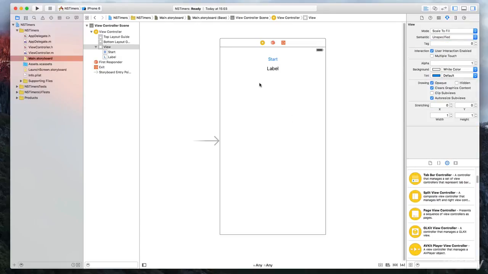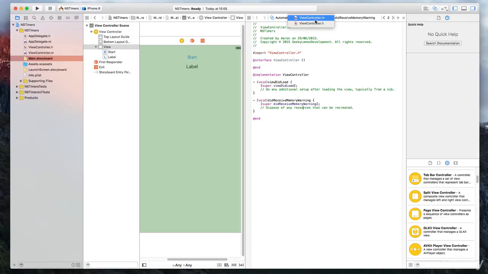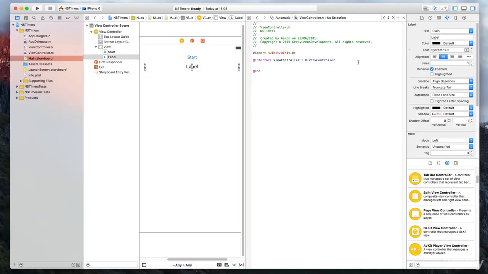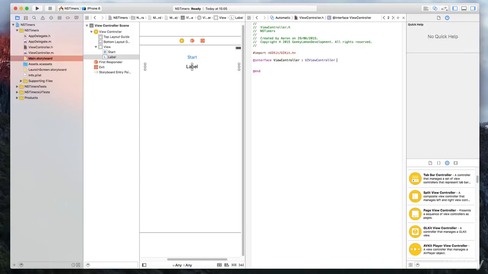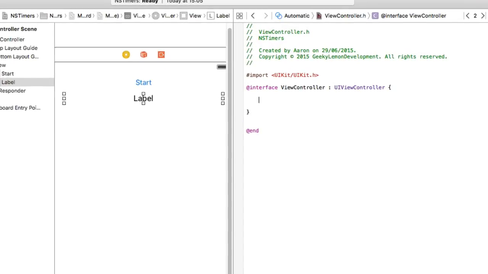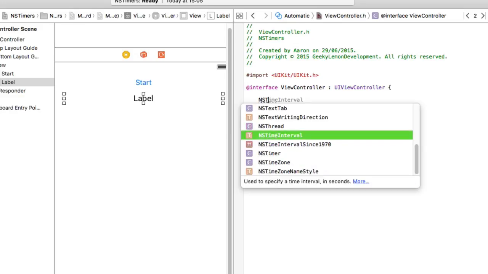Before we jump into creating actions and outlets, we're going to jump into our viewcontroller.h. We can bring it up with the assistant editor, so make sure we've selected it. Before we add in our actions and outlets, we're going to create curly brackets and enter just after our UIViewController, and add in our two variables, an NSTimer and an int. The reason we add them in these brackets is that we're creating variables from within the brackets, not placing actions or adding a property of an outlet. So we do NSTimer